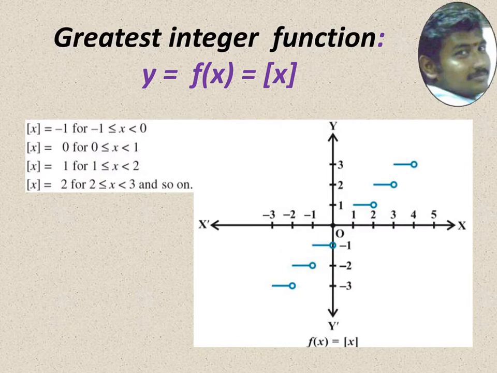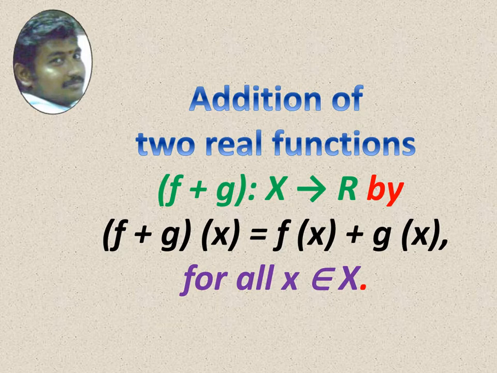Like this. Then the greatest integer function. When the x value is between 0 and minus 1, the greatest integer is minus 1. Likewise we have to choose. Now we'll see